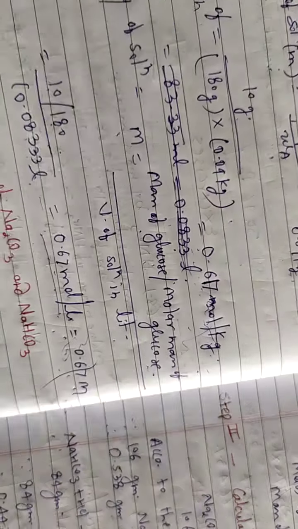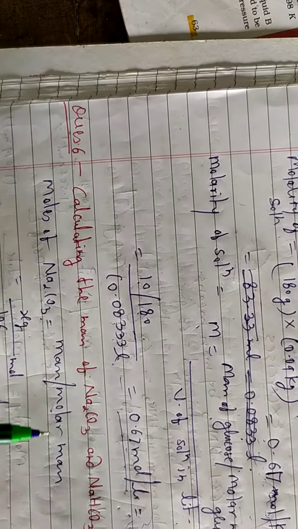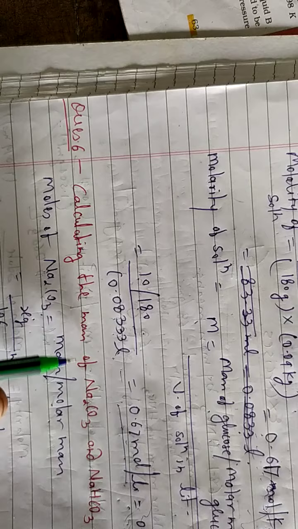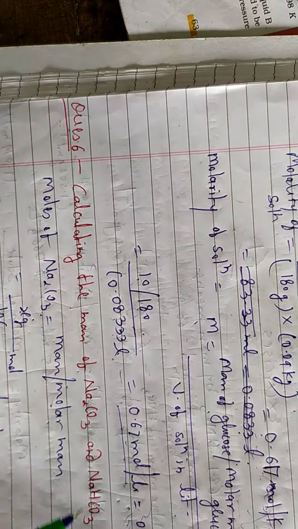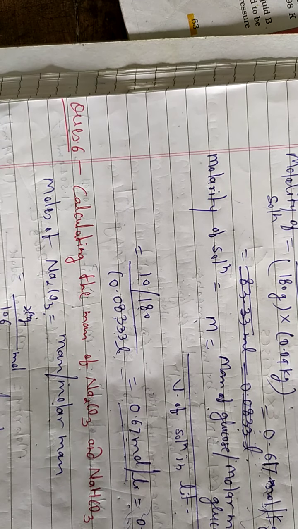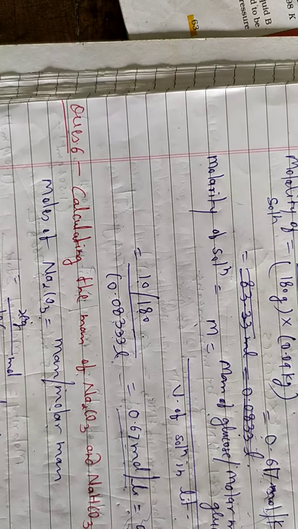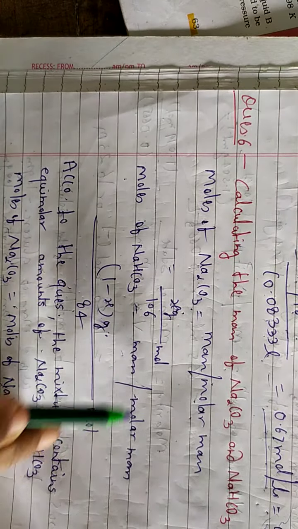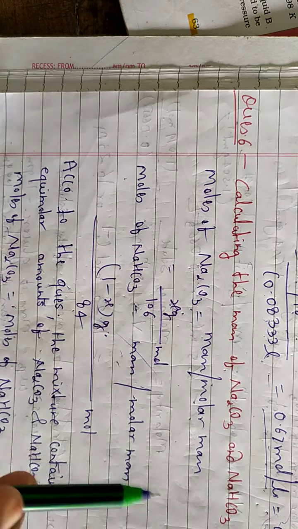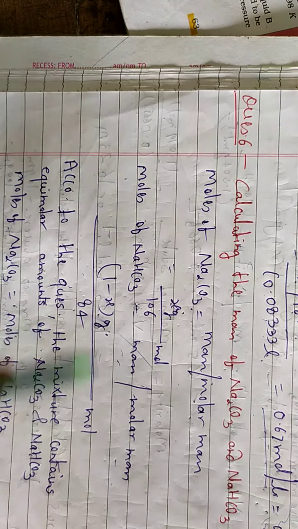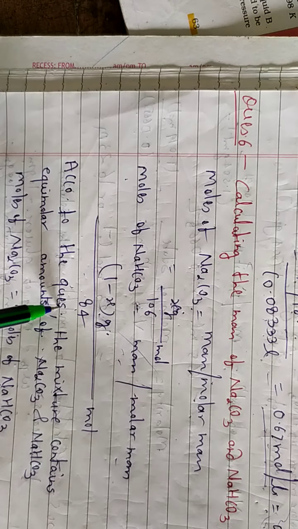Little complicated. Here what we did, first, moles of Na2CO3. How will we find moles? Weight in grams divided by molar mass. The weight in grams you don't know, that's why we have written x. Then we took the molar mass 106. Okay, then the same way for NaHCO3. Again mass upon, it means weight in grams upon molar mass. Weight in grams we don't know, so 1 minus x we have taken upon 84. 84 is the molar mass.